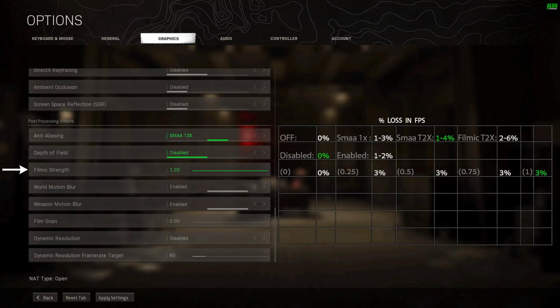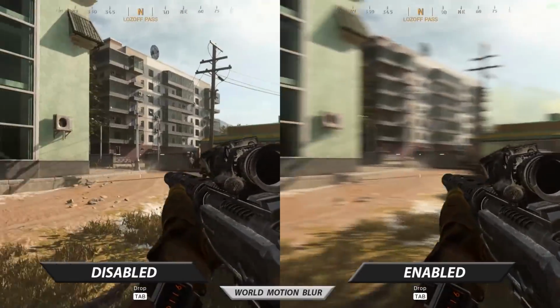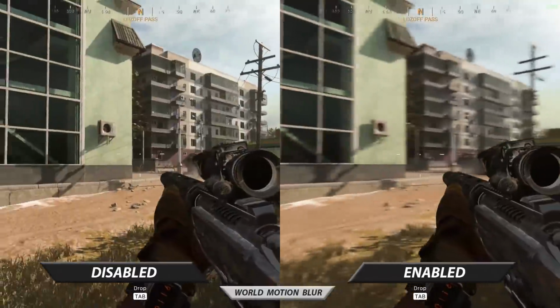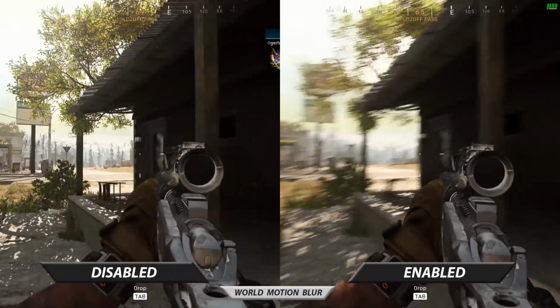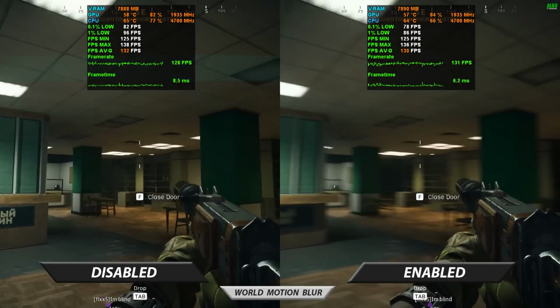Getting back to settings that blur your game, we have World Motion Blur. The faster you move, the more it blurs your vision. Freeze frames of the effect reveal that it can completely blur out something of importance. The game does feel a little smoother, and that might be nice when you have a system with a low frame rate, but it just feels smoother. In reality, it really isn't. There is a performance impact of 1% indoors